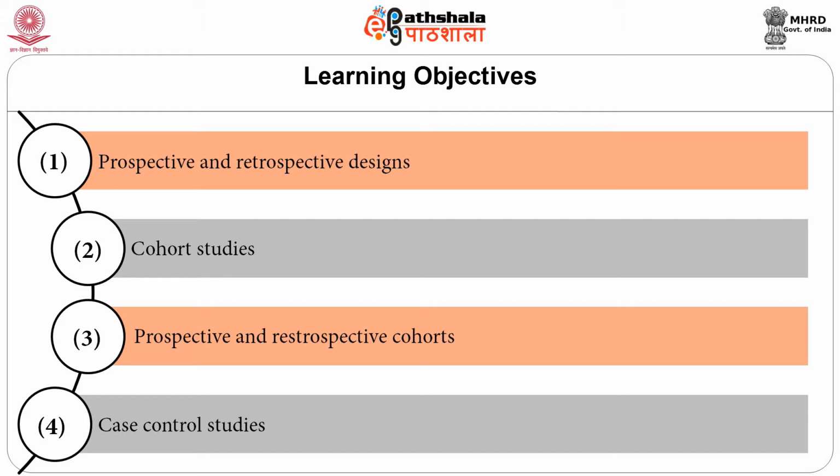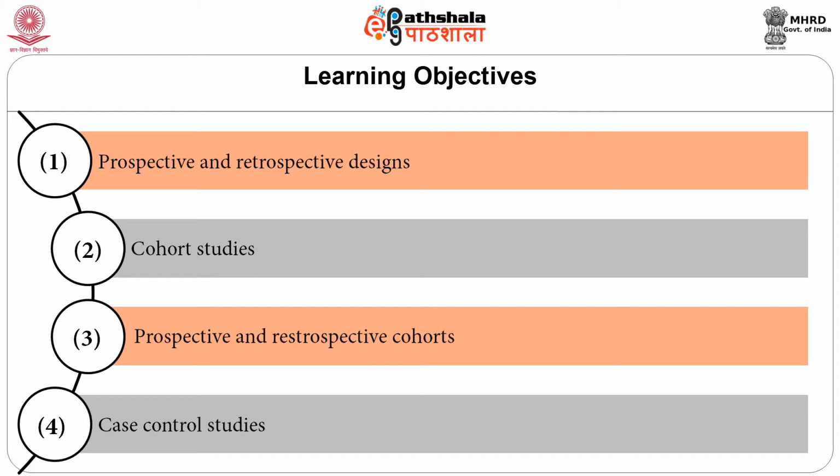We shall first define cohort studies and in doing so make a distinction between prospective and retrospective cohorts. We shall also define another type of study design which is very popular in the epidemiologic literature and is called